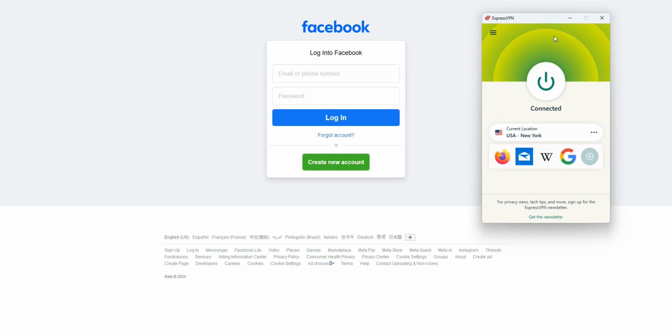ExpressVPN not only helps me bypass the firewall put in place by the network administrator, but it also fully encrypts my traffic, meaning the administrator of the network I use can no longer track what I do, what websites I visit, and so on. Once you don't need to use a VPN anymore, you may deactivate it by pressing this button. I showed you how to do it from a computer, but the same principle applies if you're on a smartphone or tablet. The iOS and Android apps are quite similar to this one.